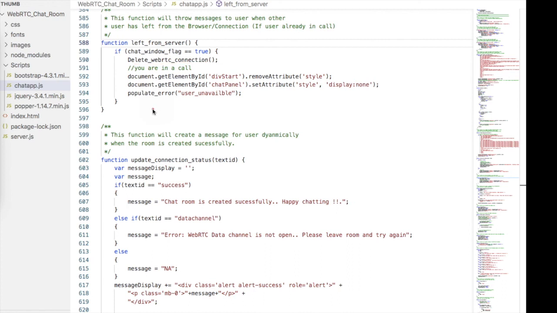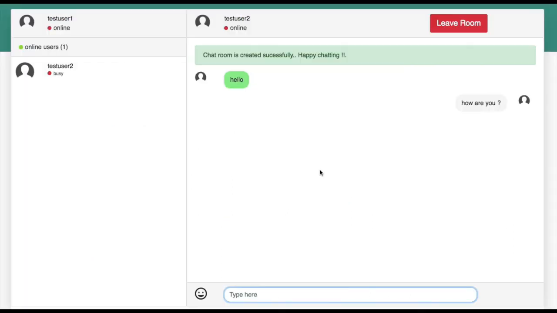We hope you got a complete understanding of the chat room client-side implementation. We have provided the GitHub link in the description of this video. You can feel free to download the code and go through line by line. You can check both server and client-side application together. In between, if you have any query, please comment in comment section and we will try to answer the question